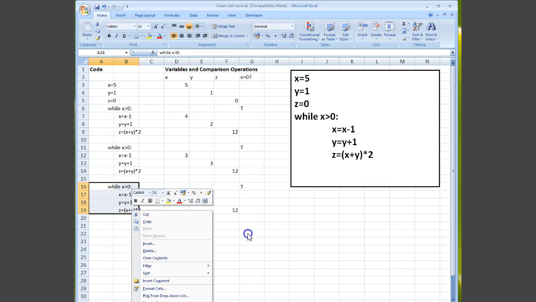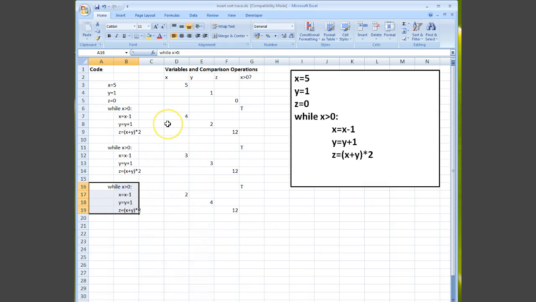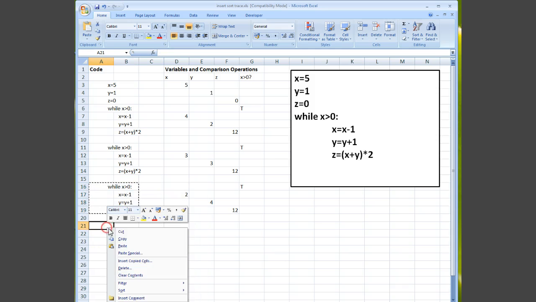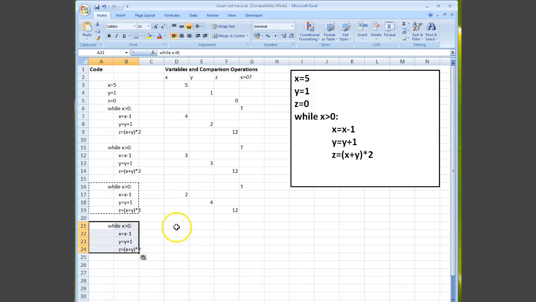Now the value of this is that if I'm wondering why a program is returning a result at a certain point, I can look back at that point, look back to what's happening on that line of code and make any changes that I need to make. So if we just finish this off, X is still bigger than 0, X is 1,